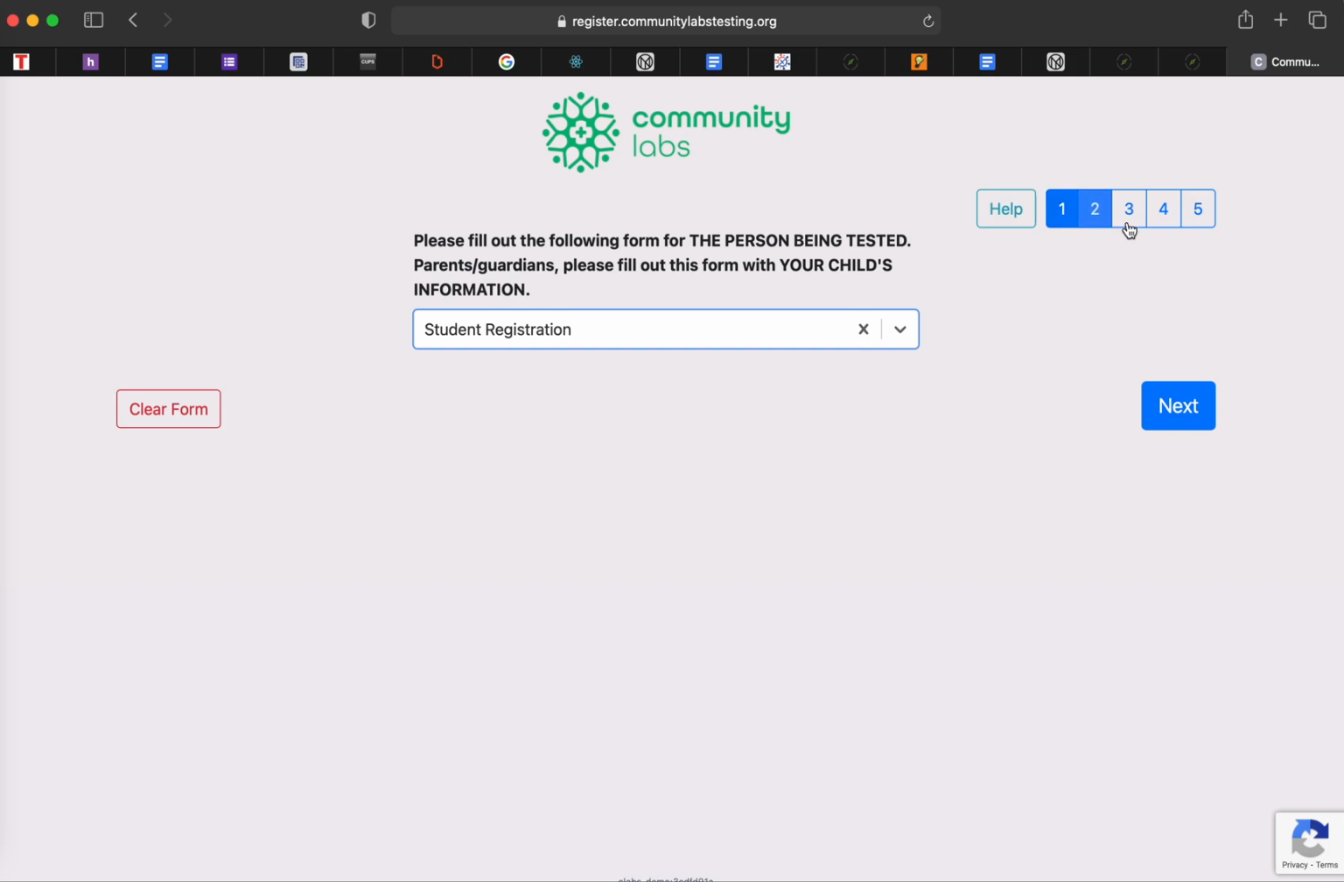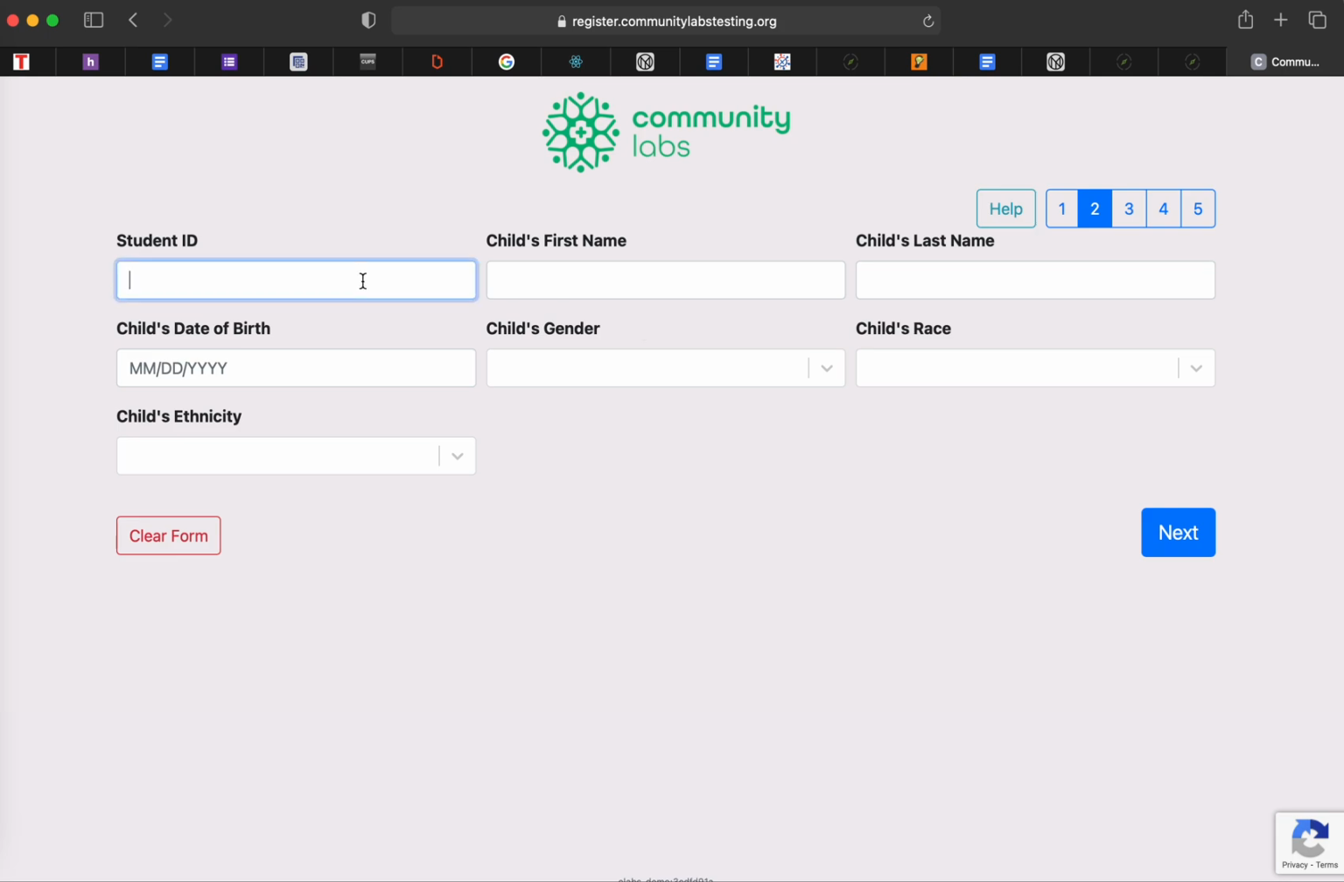Before I hit next, there's 5 pieces to registration. This is really important. During these 5 pieces, it'll actually just ask you quick questions. So we're going to go ahead and go to the next section. Your student ID will be required. So if we go ahead and just make one, and then we're going to go ahead and type in